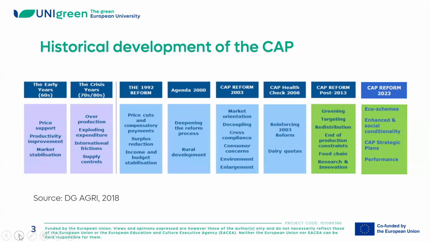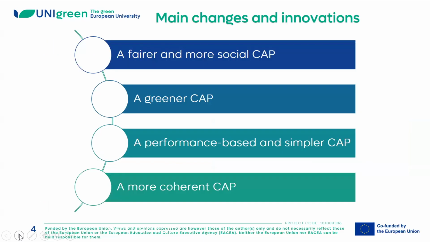So the new Common Agricultural Policy continues this pattern of change with a new policy framework, with lessons learned from previous periods, and the new Common Agricultural Policy follows the goals of being fairer, greener, and more flexible in general. So we could see the new moments and the new innovations. A fairer and more social Common Agricultural Policy, better targeting of direct payments to achieve the results, of course, introduction of measures for active and small farmers,